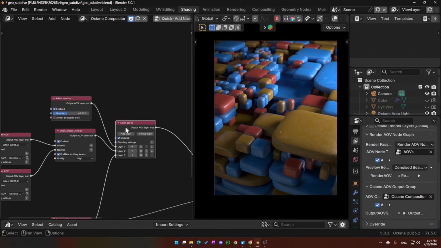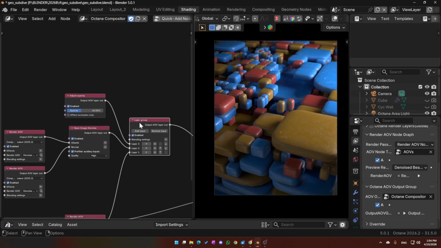So now from here, what I want to do is give this a little bit of contrast. It's lacking a little bit of contrast here. Now, before we add the bloom and that final grade,